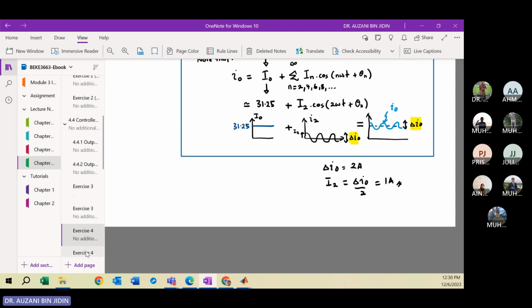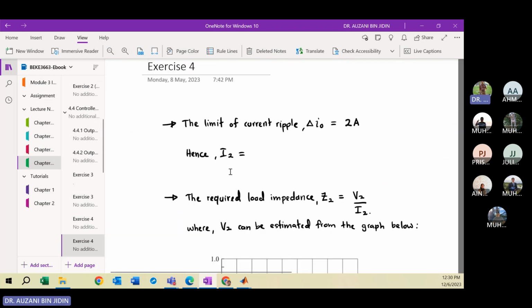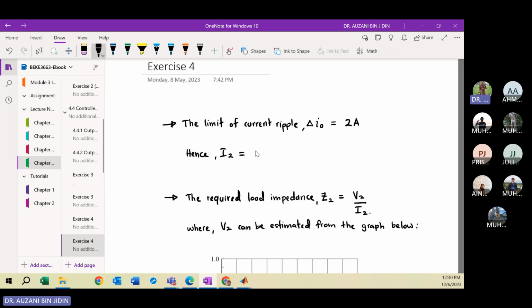So then. Okay. Because the design requirement, the current ripple is 2 ampere, from here you can calculate I2. Your I2 is the current ripple divided by 2. So the required current ripple is 2 ampere divided by 2, you get 1 ampere. Is it clear? Easy, this one. Okay, then